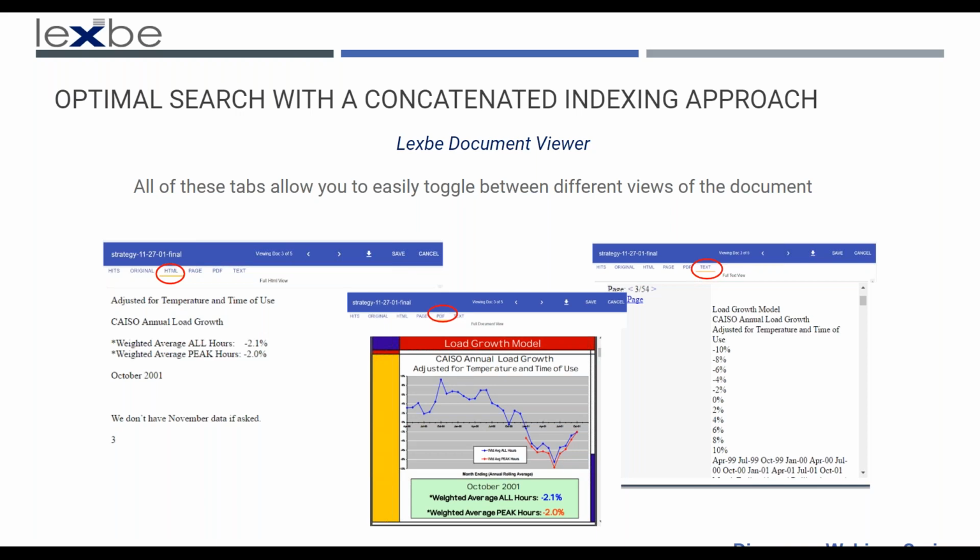Those are the words and letters that were actually typed into this document. On the far right side, you show the text, that's the extracted text from the OCR or imaged part of the document, and that's the chart itself. So you can see the difference here. This on the right-hand side is pulling out the verbiage that was part of the embedded image. And then on the left, these are the words that were part of the document that was typed in by the person creating the slide itself.